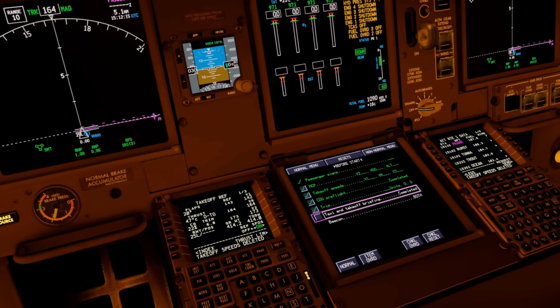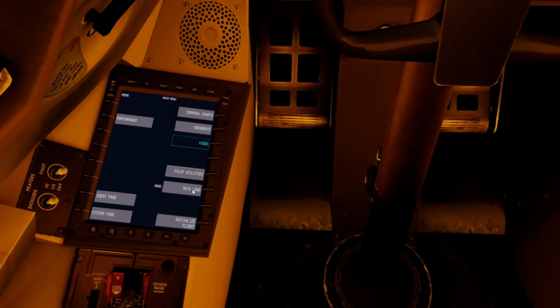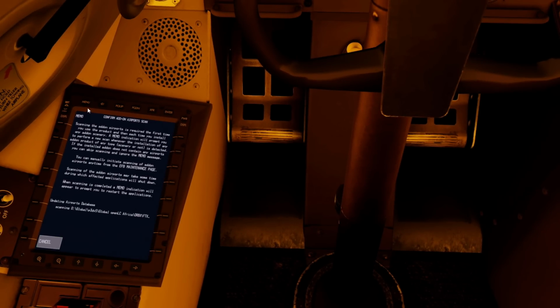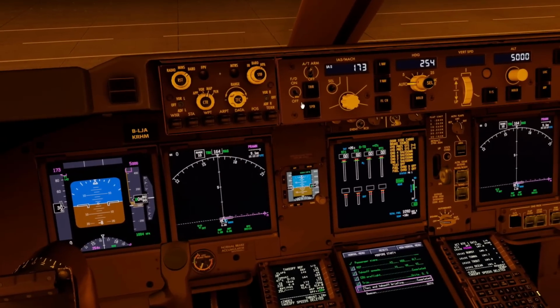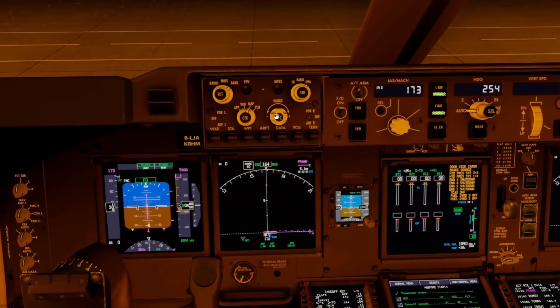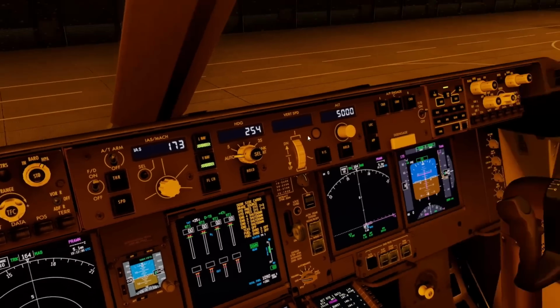And our taxi and takeoff briefing, that's a nice thing to do. Let's go and do one thing. We're going to click data load, and we'll load up the current data for Hong Kong and Sydney. So we'll just go and scan all the airports for now. Let's go get the flight directors turned on, and we'll get LNAV and VNAV armed, and then we'll go and turn on the traffic, VORs,